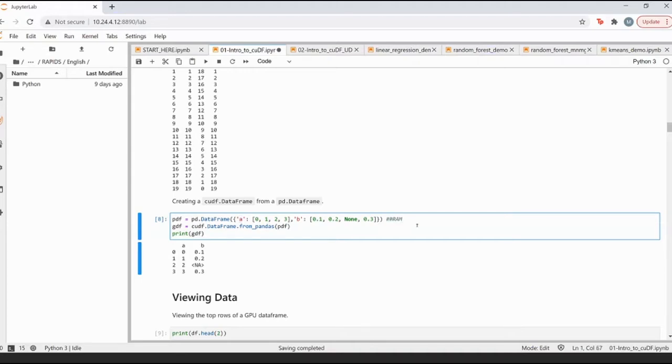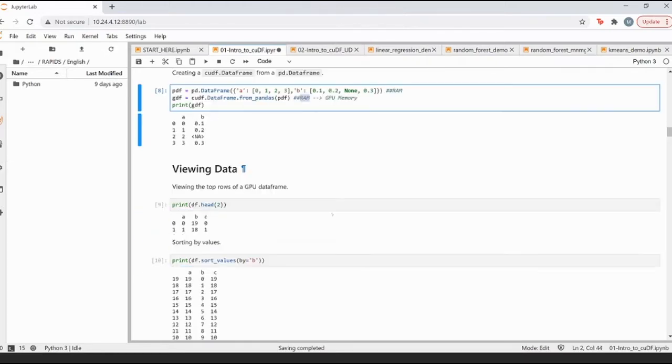And when I say cuDF.dataframe.from pandas, what I'm essentially doing is moving it from the RAM to the GPU memory. So it converts this entire data frame into the GPU variant, and hence I'm moving this data frame from my RAM to my GPU memory.